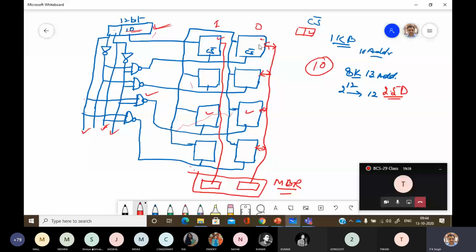Your data is organized in the same manner. Odd addresses are in this memory bank. You must have seen SIM